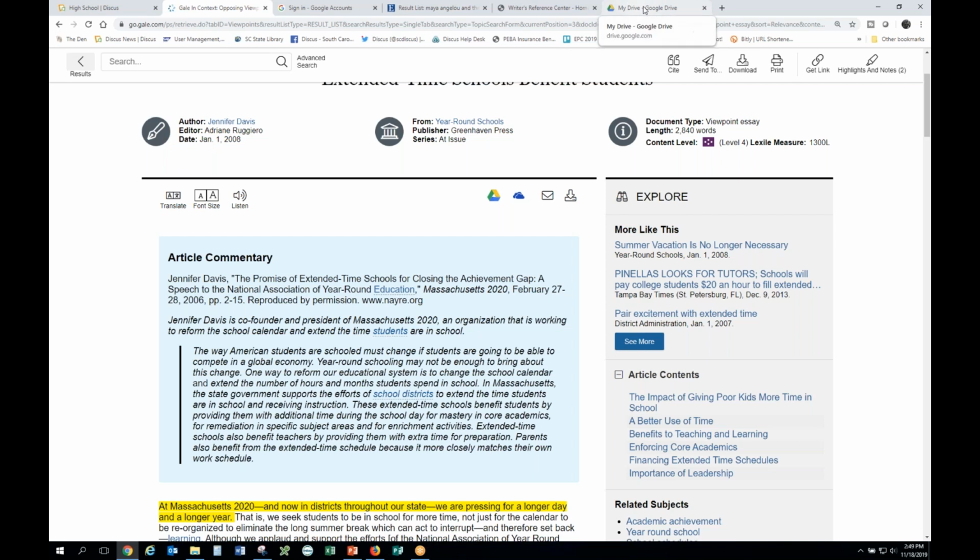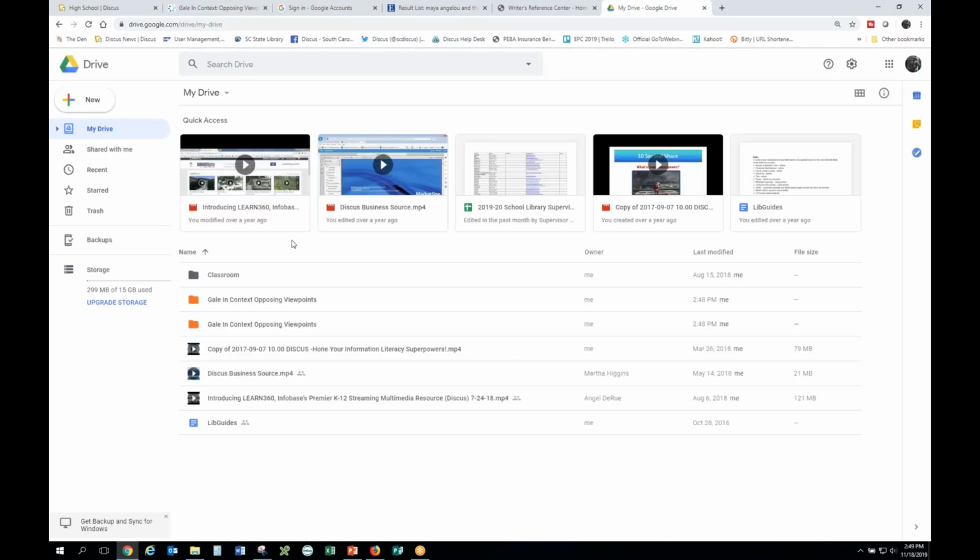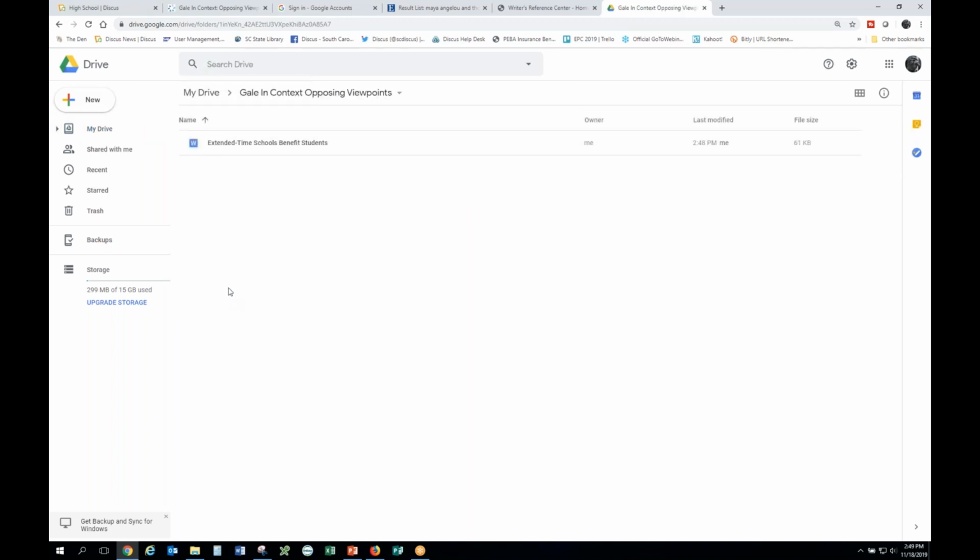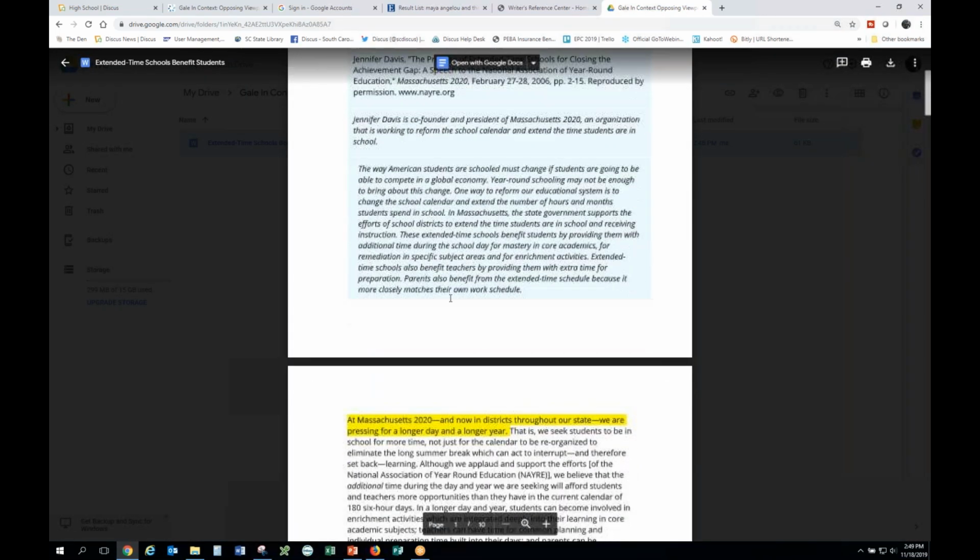What you'll find when you go out to the drive is you're going to be able to look into the Gale in Context Opposing Viewpoints folder that will be placed onto your drive. And you'll be able to find any of the articles that they've pulled from Opposing Viewpoints will have saved in alphabetical order by title there. So you can click in to that folder. And you can see where we have extended time school benefit students. Notice this is the great part, where they highlighted their highlights